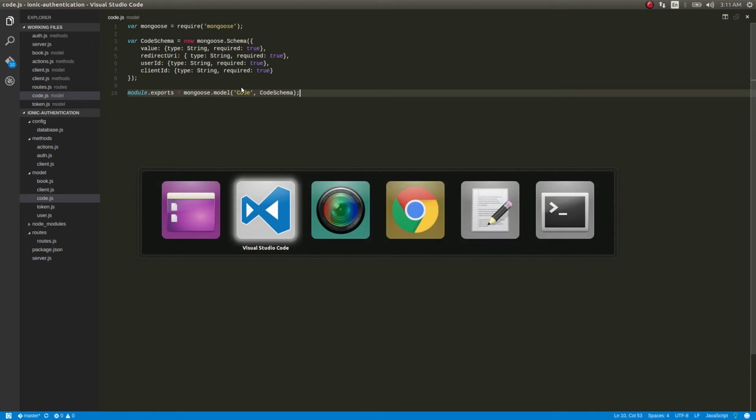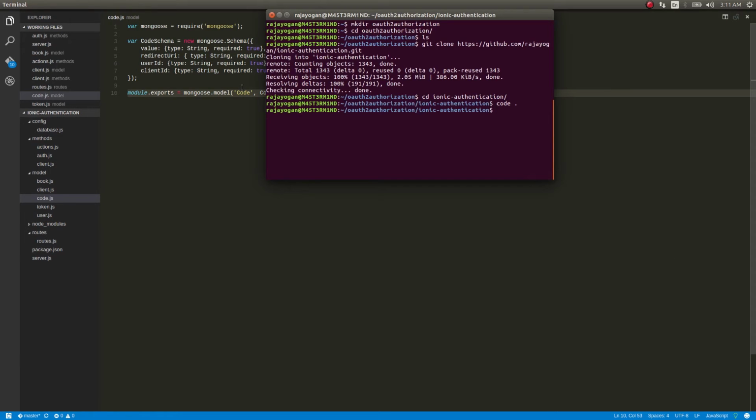Before making use of this in our application, there are a few things you need to install, guys. One is npm install oauth2orize. This is the one which we'll actually be using for the token creation process and the code creation process.